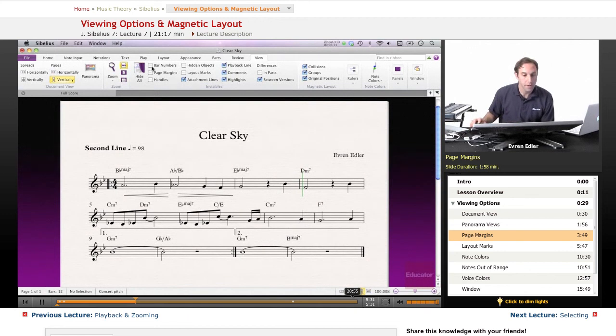And another thing here is the bar numbers, which are not checked at the moment, but if you check the bar numbers, you can view that for each bar you're getting a number. We talked about our zoom controls in a